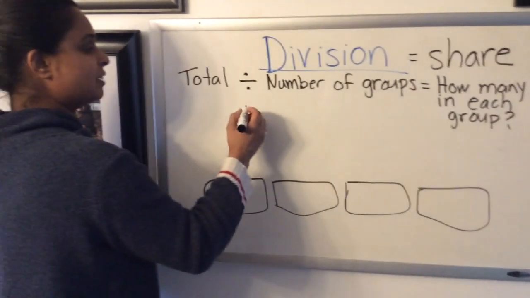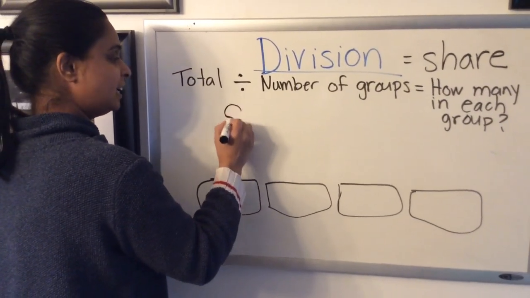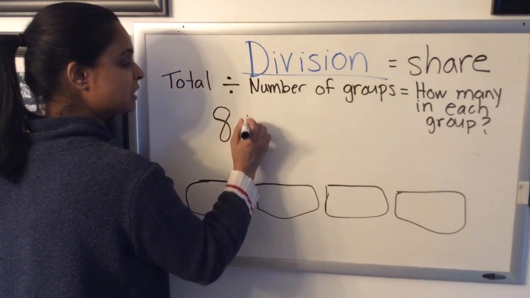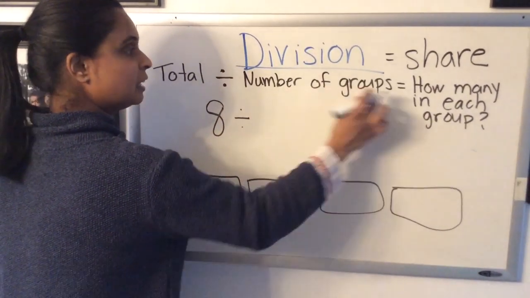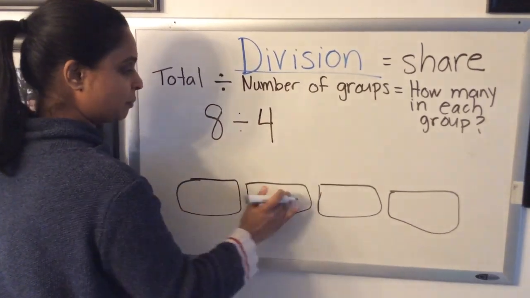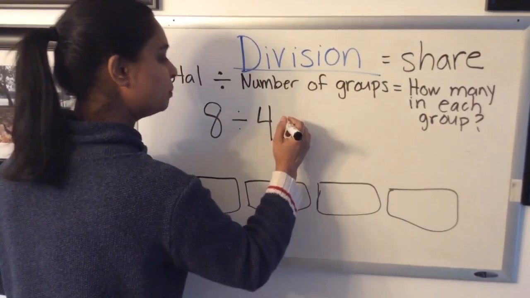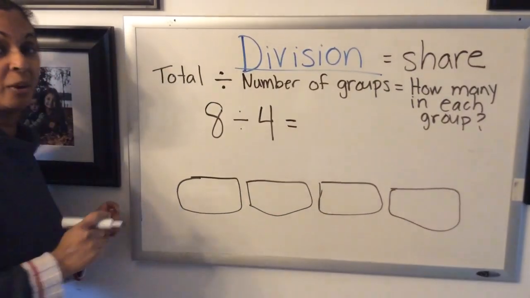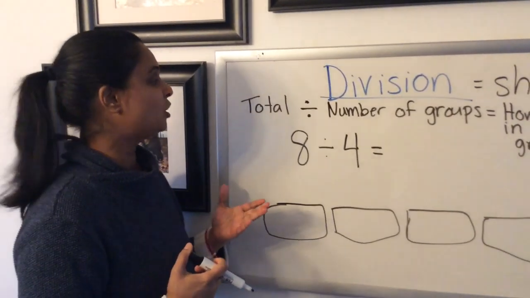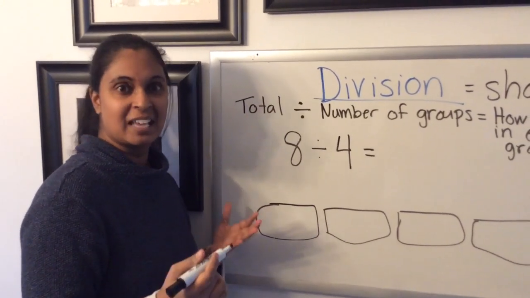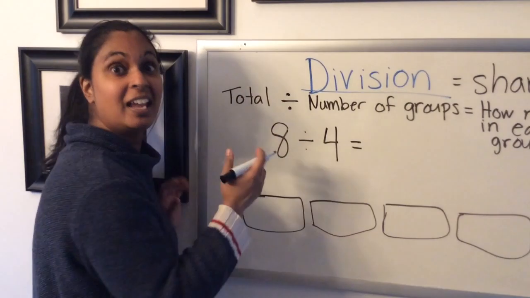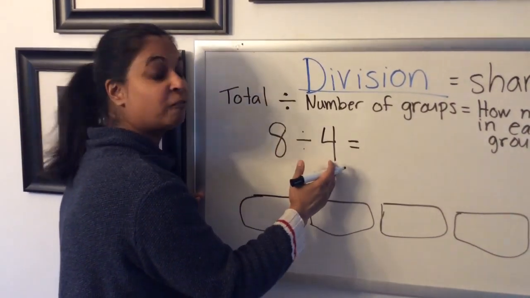So if you have a division question like this, 8, so this is telling me that there's a total of 8 items divided into. Now I'm going to tell you the number of groups. There are 4 groups. You can see them right here. 1, 2, 3, 4 groups equals. Now, this is where we have to do some figuring out. In your book, they're actually having you think about apples and baskets. So this number here, the total, means that we have 8 apples, and we're going to share them into 4